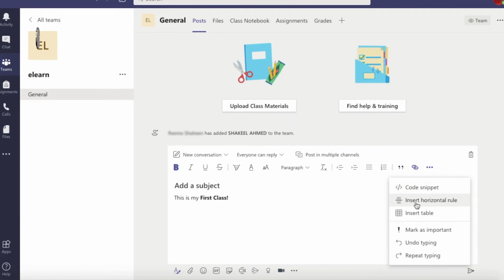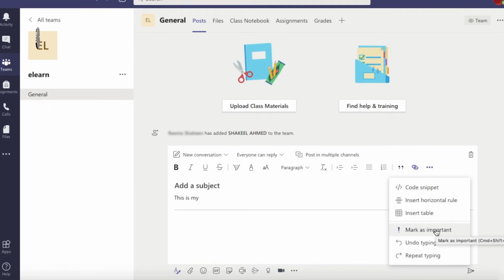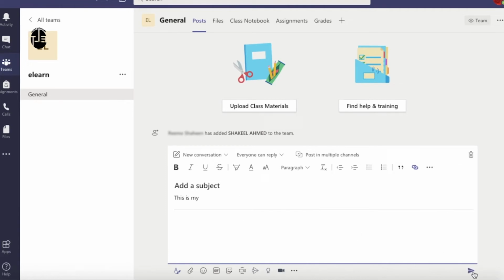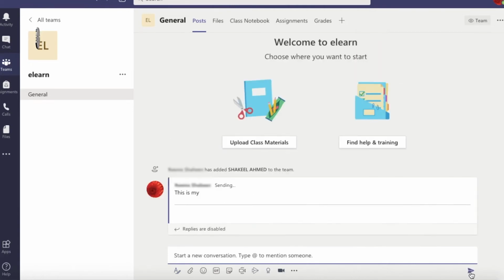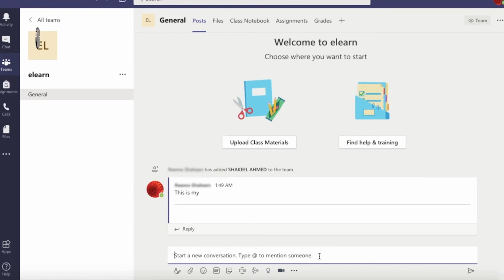And in this section you can find different options and you can perform all these operations. You can make them in sections or mark as important, or you can create a table, do, undo, repeat. All the operations you can perform over here. And once you click on send, it will be sent to the students and everybody can see this message and they can reply as well. The next one is